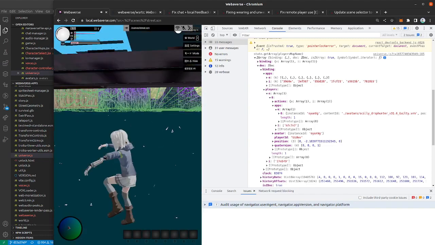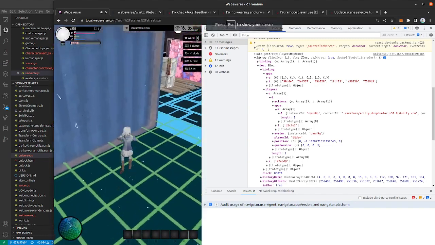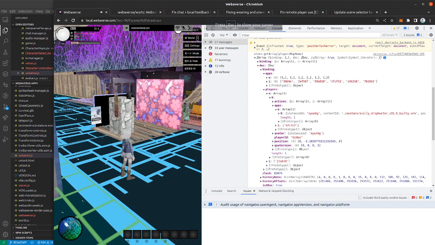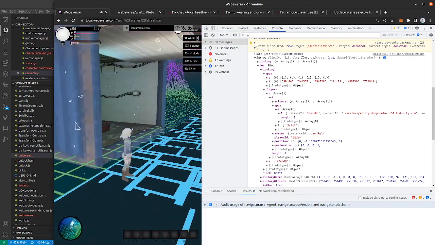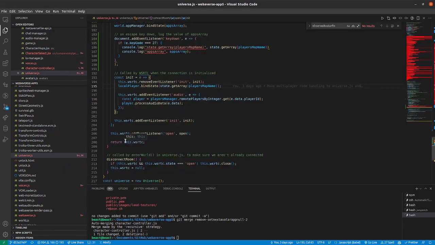My player object stayed in the scene and stayed bound. And if I were to have weapons and stuff on, all of my gear would stay with me. So I'm actually detaching my player and then changing the scene and putting my player back. So conversely, when we connect to a new scene, we want to kind of bind our player last so that they stay